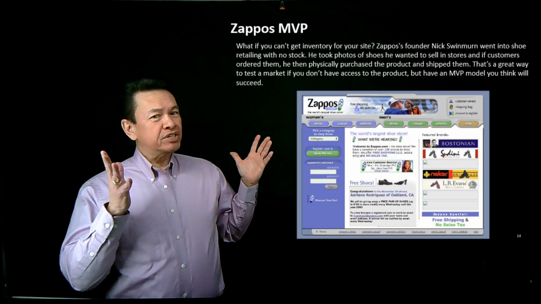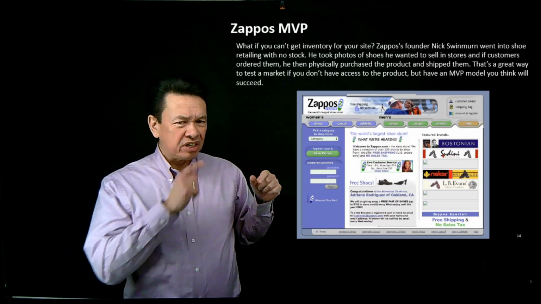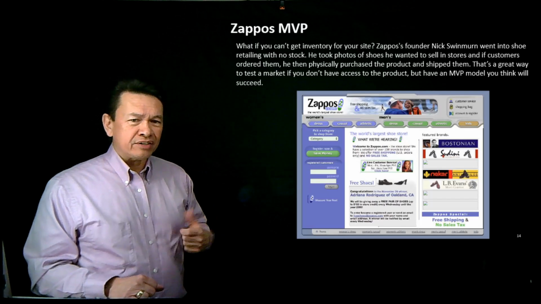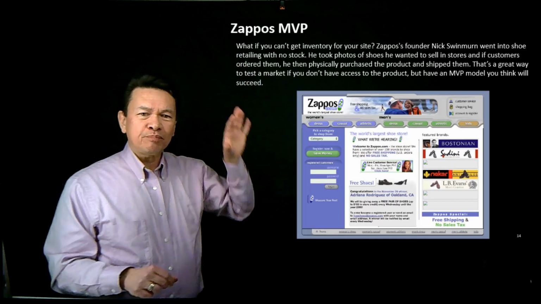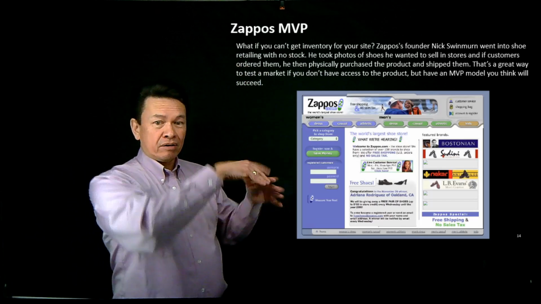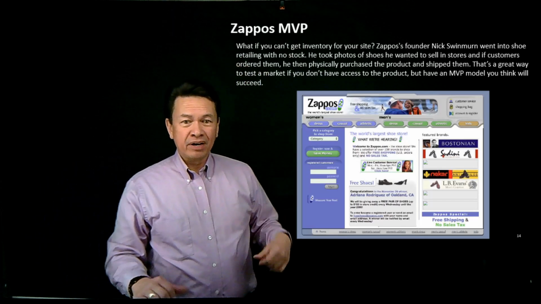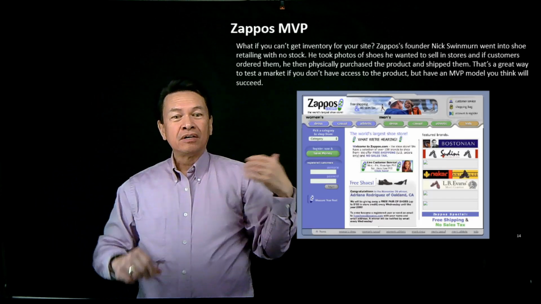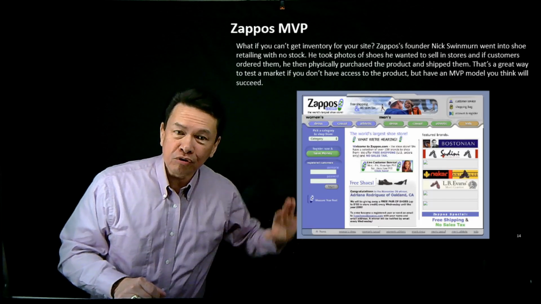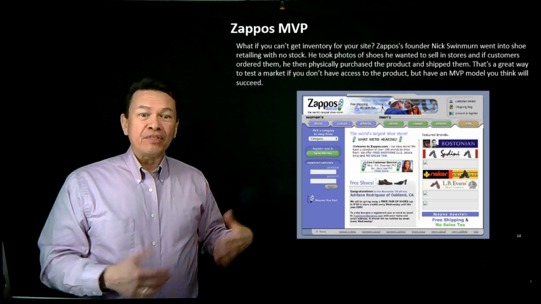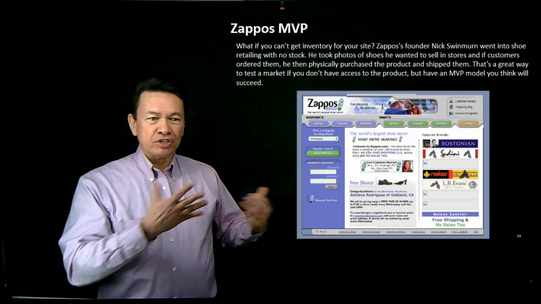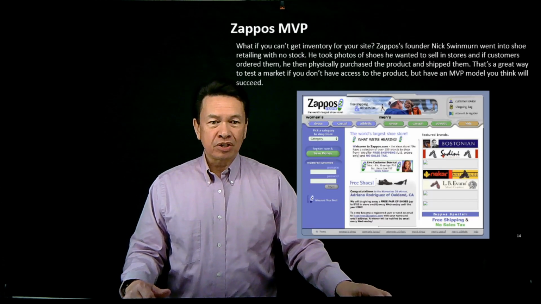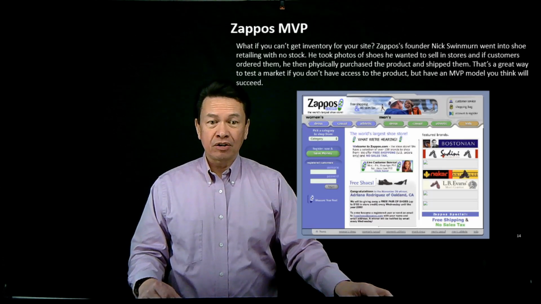But they're sitting and go, man, you know what? If we had more selection, convenience at home, knew what shoe size, and had the ability to return it, I think people would buy it. But let's try it out. Let's create a website, put out some product, somebody orders it, we run to the store, we buy them, we get it back, ship it, lose a little bit of money, but prove that thing would work, right? And then you could figure out what inventory to purchase, which ones are the popular items, what's going to go online, understand your customers better, and go forward.